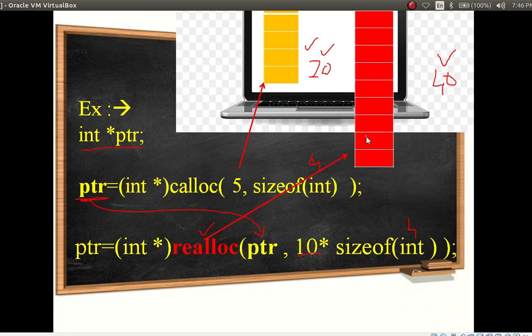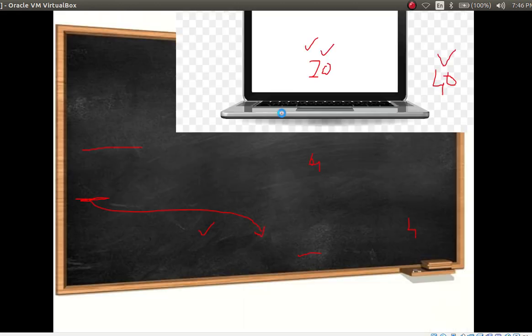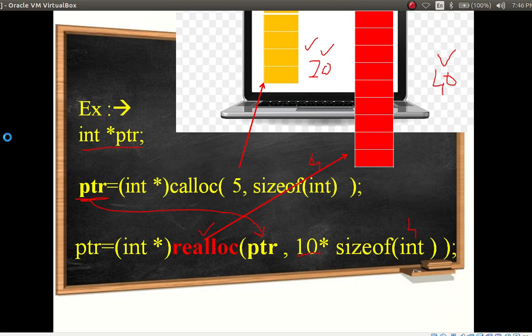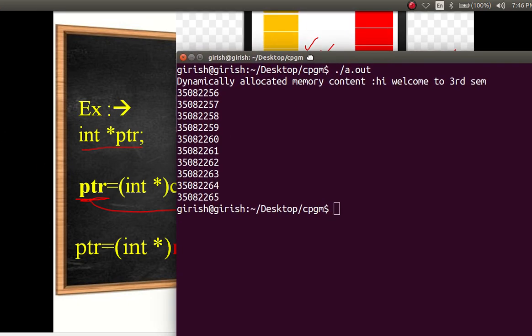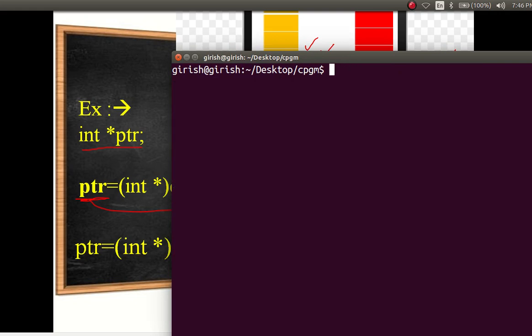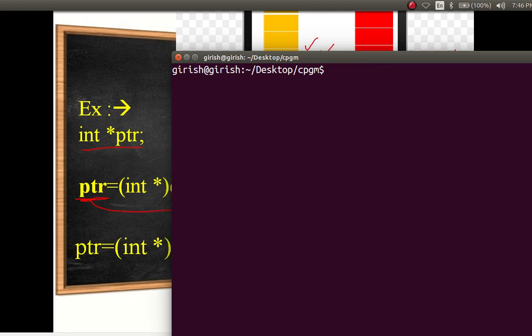Now you understood this syntax, what I have written, this ptr. If you have any doubts, please ask me. Let's execute the program. Compile the program. Realloc compilation is done. Now execute the program.